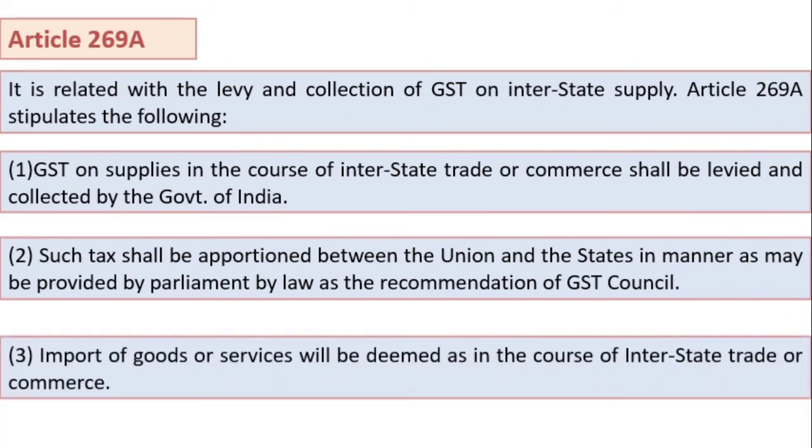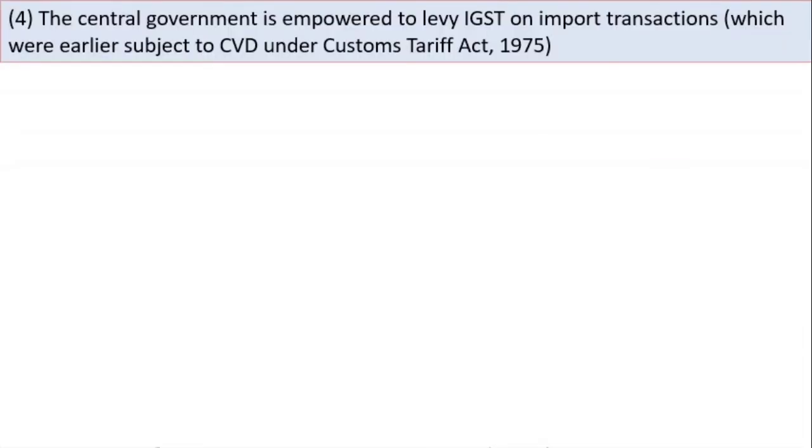Import of goods or services will be deemed as in the course of interstate trade or commerce. यानी कोई भी इंपोर्ट करता है तो उसको भी इंटरस्टेट ट्रेड और कॉमर्स मान लिया जाएगा और उस पर भी आईजीएसटी लगेगा. यानी मेनली व्हाट इज सेड इन आर्टिकल 269A, it is about IGST and how this revenue will be distributed among state and union territory. Next point under section 269A, the central government is empowered to levy IGST on import transaction